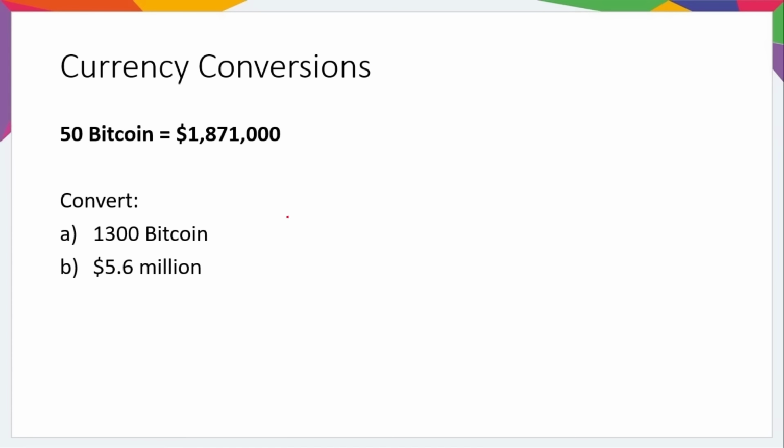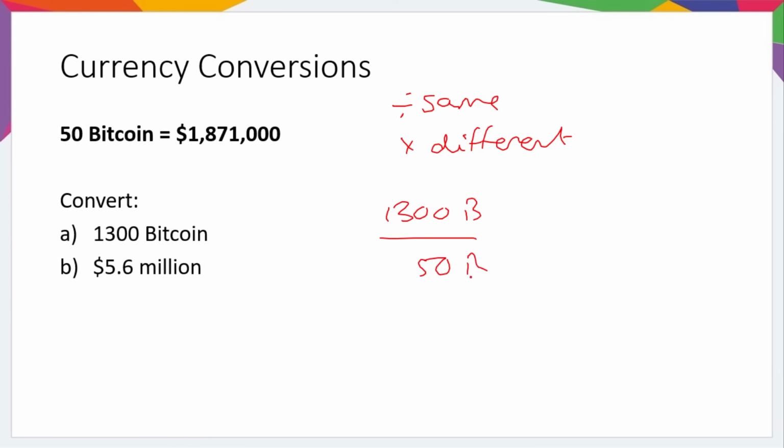Here we've got a slightly more complicated conversion rate, but it's the same principle. Remember, divide by the same, multiply by different. So here we've got Bitcoin, so we need to divide by the Bitcoin value, which is 50, and then we're multiplying by what's different to Bitcoin, which is dollars, which is 1,871,000. So 1,300 divided by 50 multiplied by 1,871,000 equals a huge number, and this is going to be in dollars,